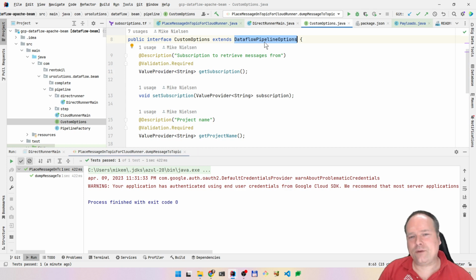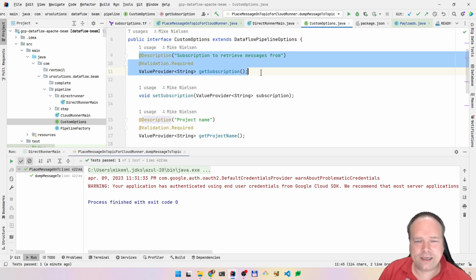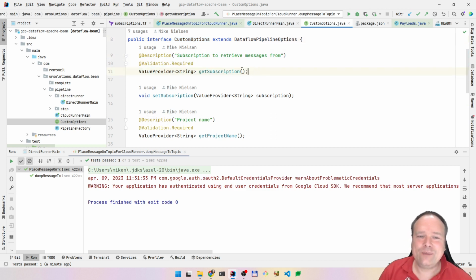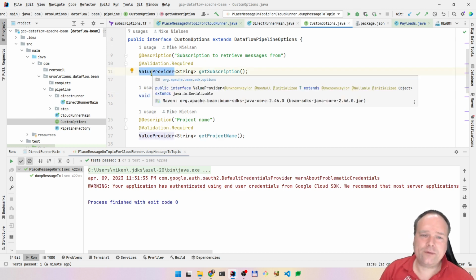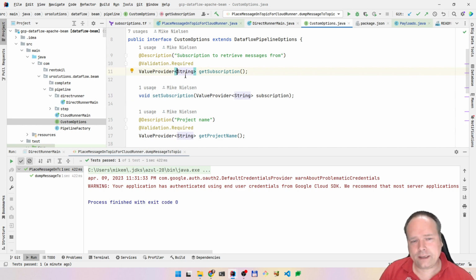I could have reused the Dataflow pipeline options, but I wanted to make sure, especially when I'm dealing with something new, that this is my option and I can actually treat it and put in whatever I want to. But here we have these value providers right here. It's an interface, as you can see right here, interface custom options, and then you have to create a value provider and you have to create a getter, and you have to create a setter per option that you want to store. You don't have to use a value provider if you don't want to, but I think this is the most flexible one